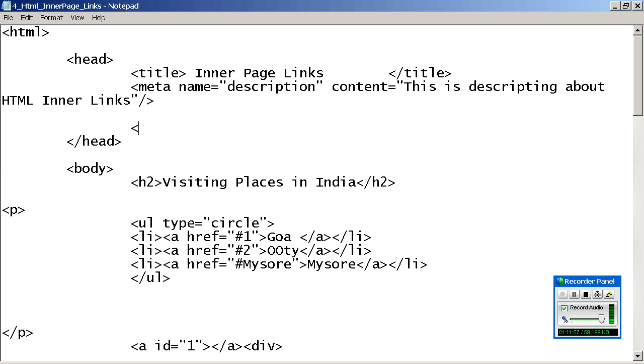People first with which tag should be available in the result. Meta name equal to keyword. If you understand as an HTML developer, you should know all these things to come into the result. So you can take this as mandatory. Actually, it is not mandatory here, but try to have it as mandatory. Content what I will give.